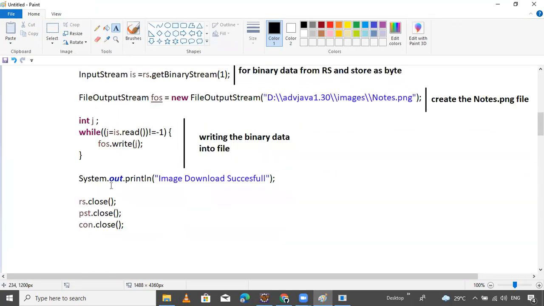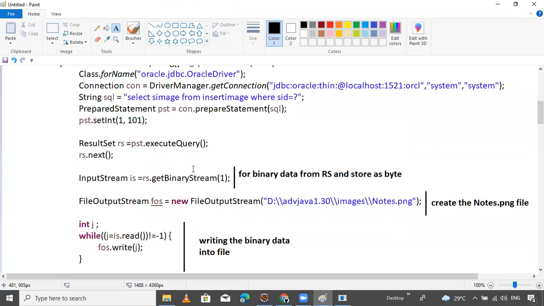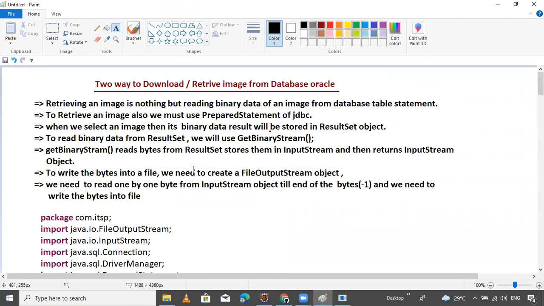Both are the same and simple. This is the first example.